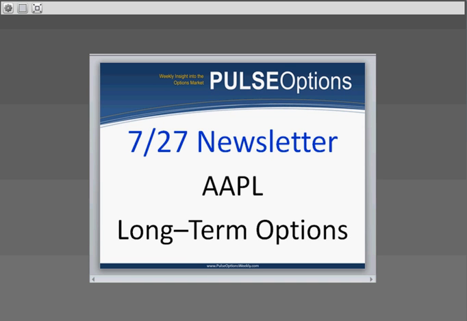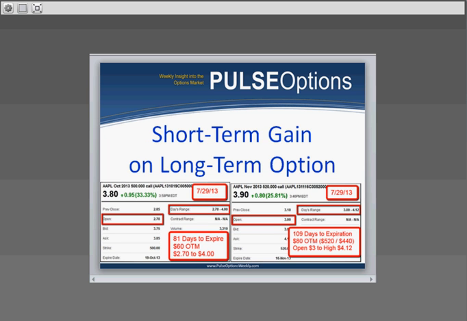In July of last year, I mentioned that Apple had a setup, that I asked everybody to consider long-term options. At that point in time, Apple had incredibly low implied volatility, and I said, we want to buy longer-term options. Now, we don't necessarily need to keep them for the long term. We just want to buy long-term options. And I gave exact parameters on what to buy. The short version is I said buy the premium that's under $3.